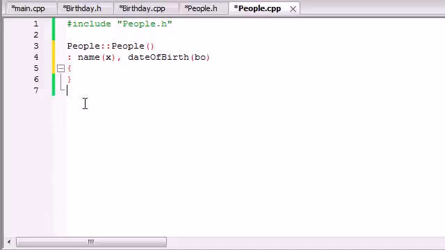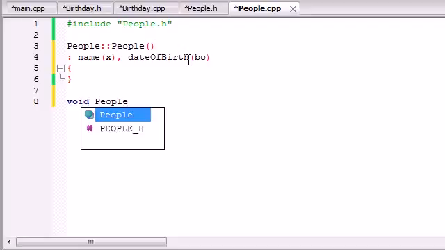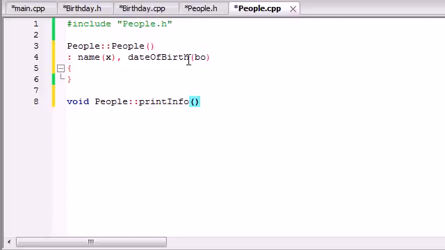So let's take that information and we can use that whenever we're building this other function, print info. So let's go ahead and put void people print info, and of course this print info doesn't take any information, but it's just going to print something out on the screen. So what it's going to do is cout your name variable, which would be Bucky Roberts, and then go ahead and write something like was born on, and then make sure you don't end the line